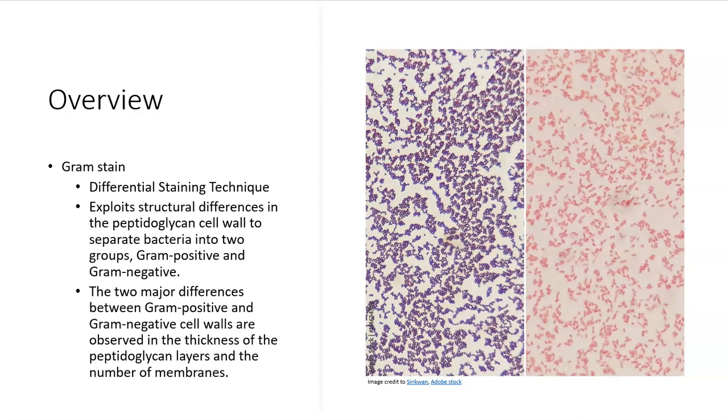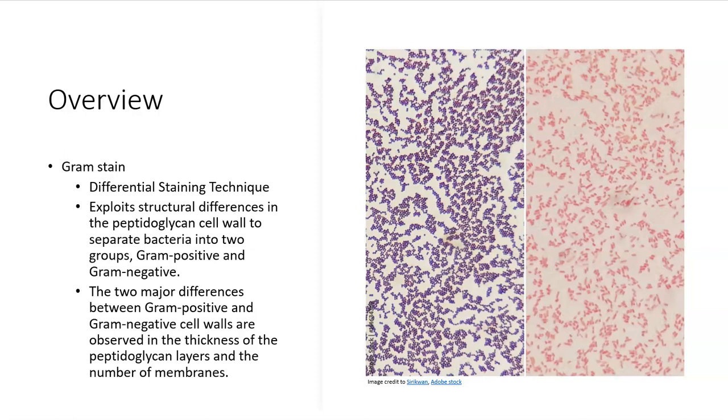physical characteristics. So with a Gram stain, it is a differential stain because it does require two different dyes, crystal violet as a primary stain and then safranin as a counterstain. And what it is going to do is tell us the differences in bacterial cell walls. So really what it does is exploit these different types of cell